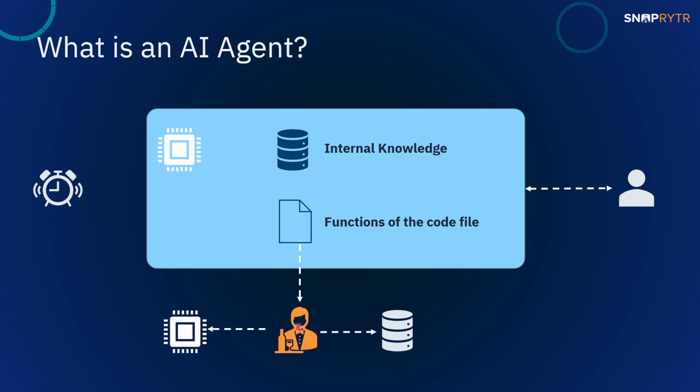An API is like a waiter in a restaurant. You ask the waiter to bring some food. The waiter goes to the kitchen and brings you the food. So you do not go to the kitchen. You ask the waiter. So this API is like a waiter. So what happens now? This agent will call a function that calls a waiter to bring the information from the kitchen.